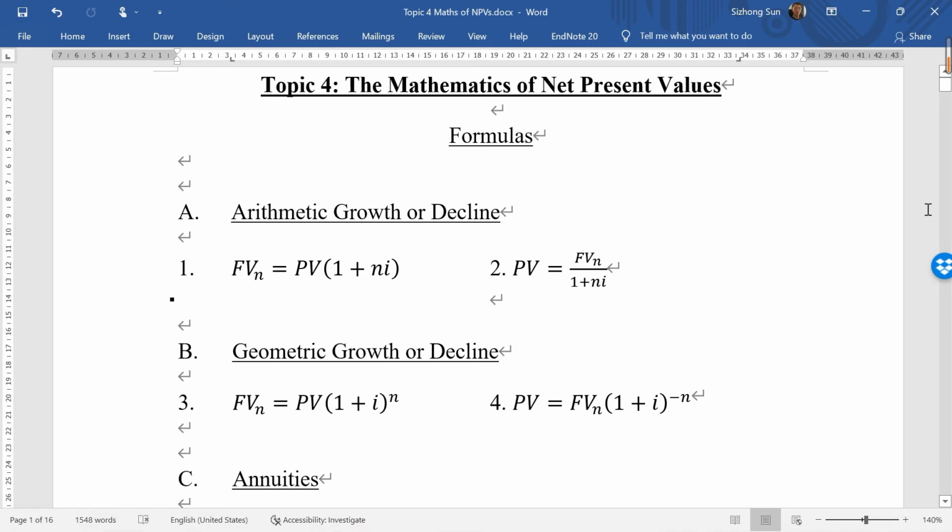In cost-benefit analysis, one important component is to calculate the present value of net social benefit. In the calculations, a number of mathematical techniques will be needed. In this topic, we will go through this mathematics. First, let's look at